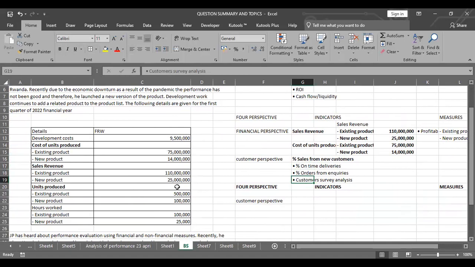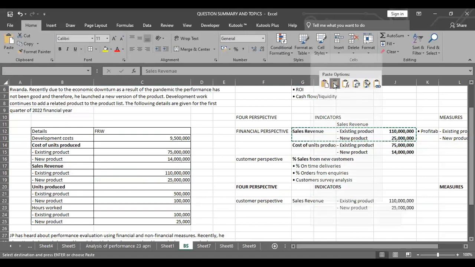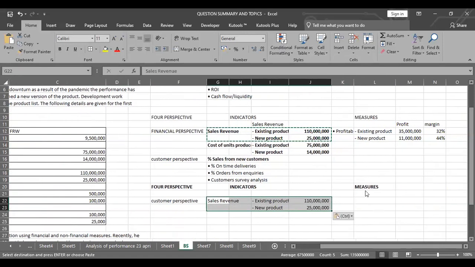How? If you check, there is a 25, which is the sales, and then there is 110. So 25, of course, is a result of the customers we get as new. That means I could easily measure that from this. So what are my indicators that I could use? I'd use the sales again. I'll use this here. Let me just copy and paste it down here. That is my indicator that I'm going to use. I will come here and check and see what they could give me.